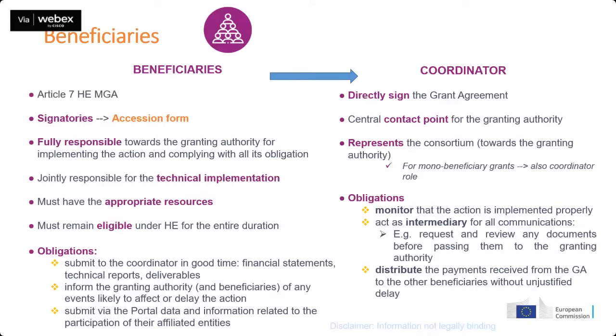They sign through an accession form, and they are fully responsible for the technical implementation of the grant. They are responsible towards the granting authority to implement the action and to comply with all the obligations. So they have to have the appropriate resources to implement their task, and also they have to remain eligible for the entire duration of the action. And here on the slides, you will see some of the obligations that are attached to beneficiaries, like submitting to the coordinators the financial statements, the technical reports, or informing the granting authority of any events that can affect the